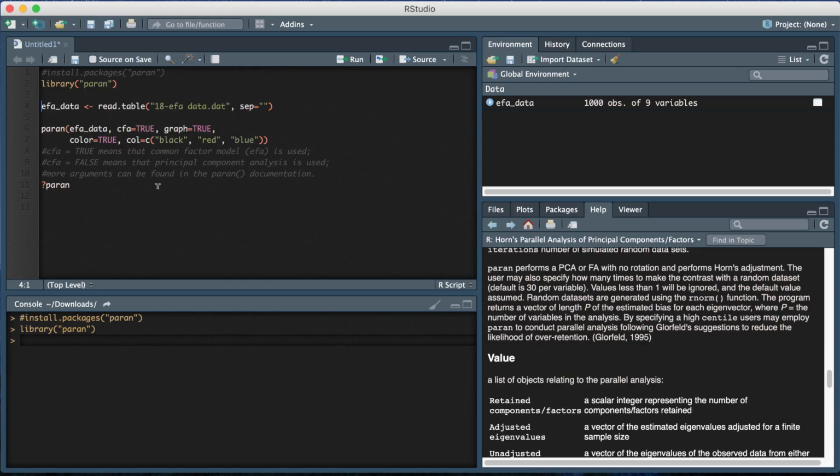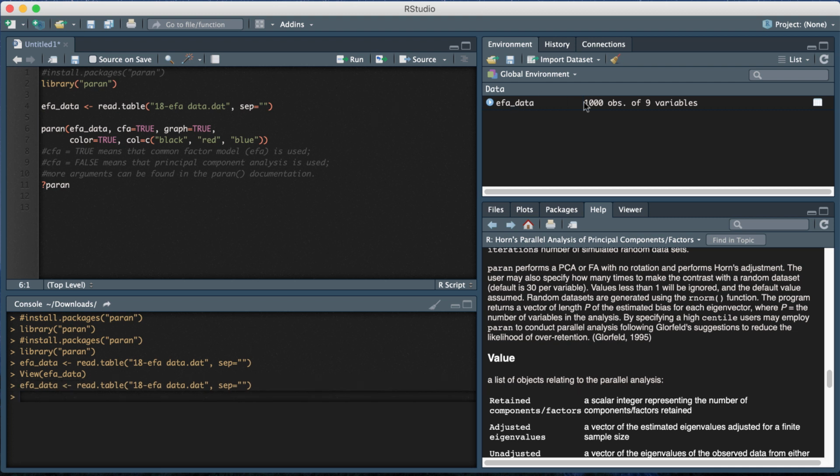Alright, so this is my R code to run parallel analysis in R. It's very simple. It's literally just one line of code that you have to run that will tell you how many factors or how many principal components to keep. And this function paran stands obviously for parallel analysis, and you have to install the package paran to run this function. So I already installed the package on my computer, and the first line of code just loads in the package called paran. And the second line of code just imports my data, and I've already done that.